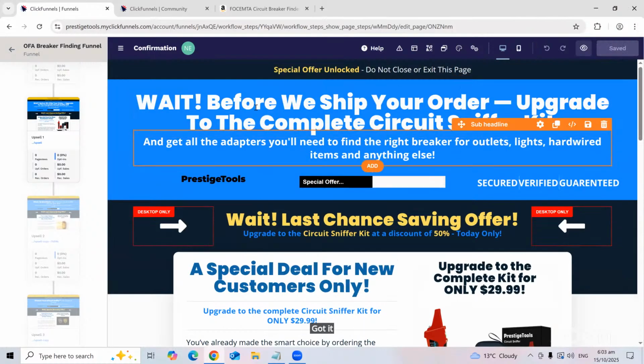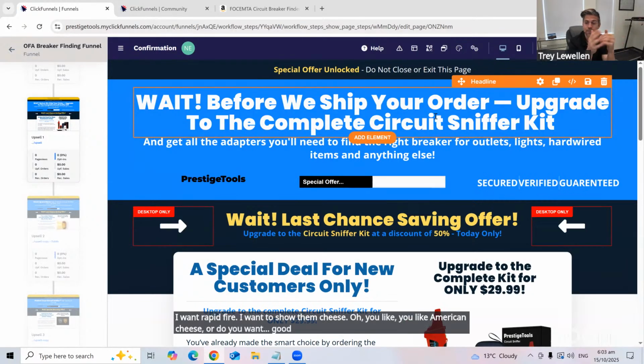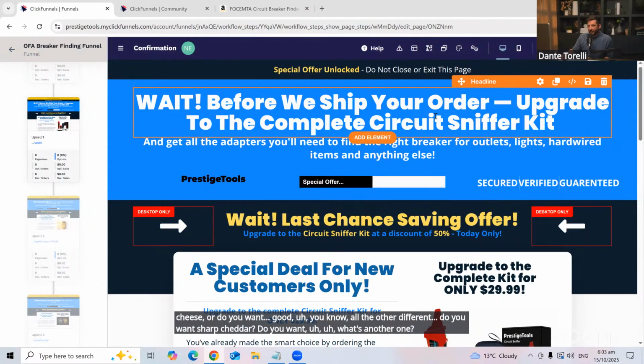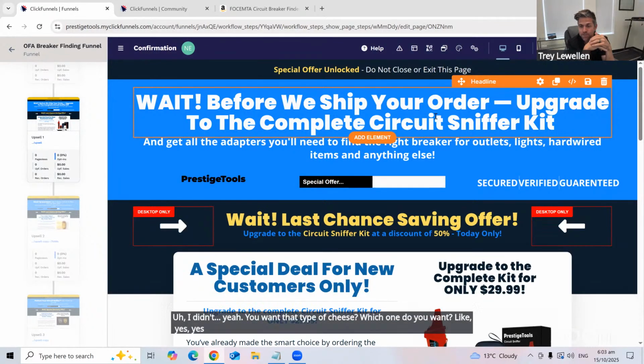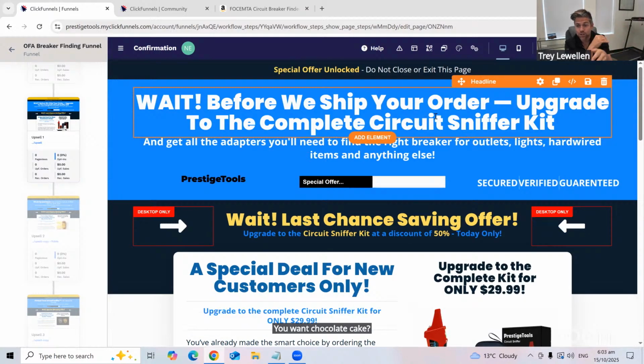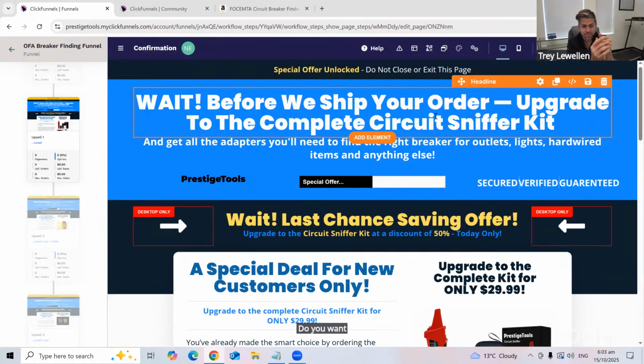And is there a template for that? You like American cheese? Or do you want sharp cheddar? Do you want, what's another one? Havarti. Yeah. You want that type of cheese? Which one do you want? Yes, add to order. You want chocolate cake? I love chocolate cake. You want chocolate cake with sprinkles? Yes. Do you want it in a packaging? Yes. Do you want it shipped tomorrow? Yes. Do you want a thank you card along with it? Yes. I don't need to be sold on the things that are adding, because how we do these funnels is